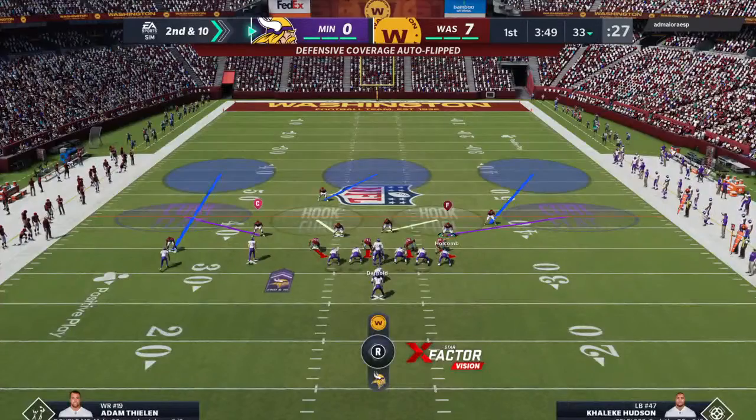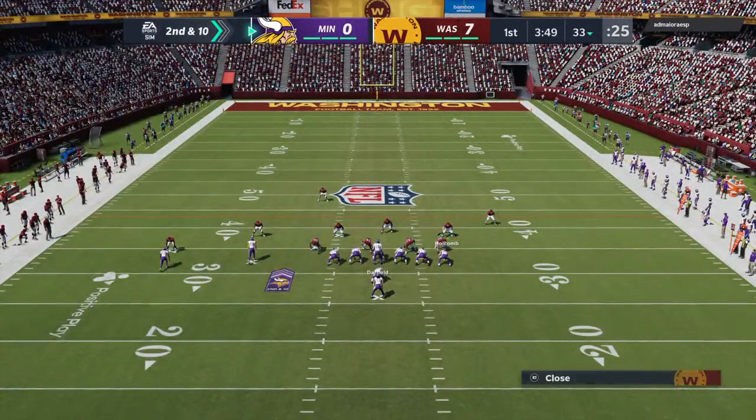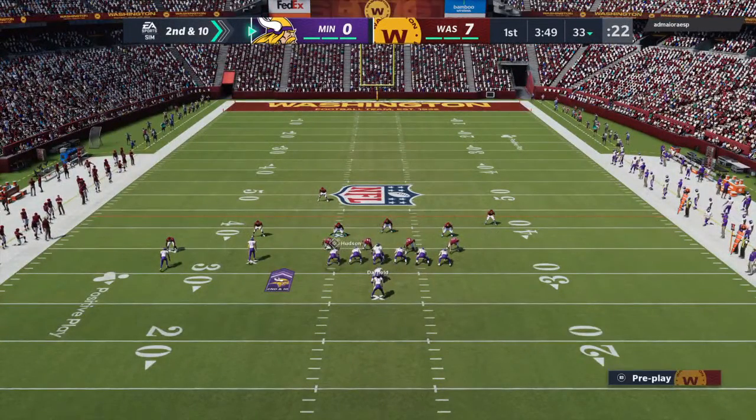2nd and 10 from the 33-yard line. Come get some. Come on here. Come get some. Here, run